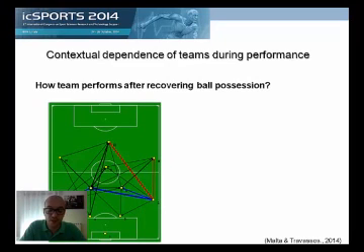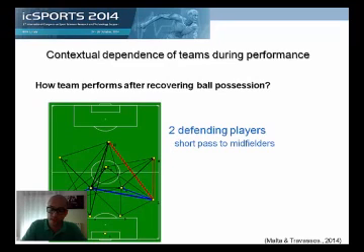Using social network analysis, as we can observe in this figure, we observed that there is contextual dependence between passing actions and opponents' behavior. Thus, we can observe in this figure,